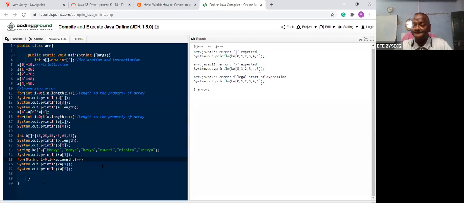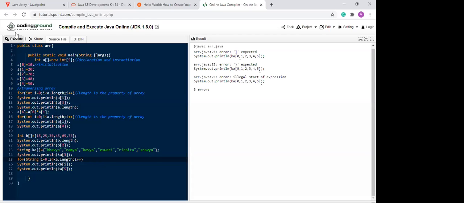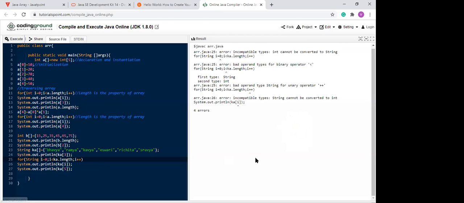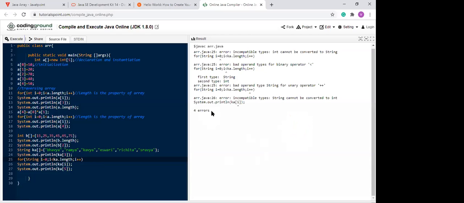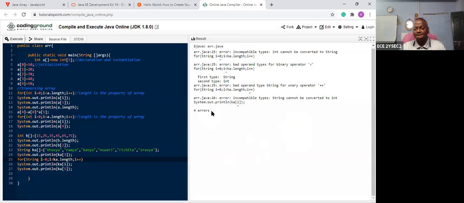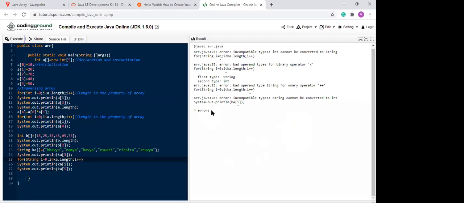Okay, can I check? Okay, I will give the hint. Can you find out what is the problem here? Can you say what is the index value?